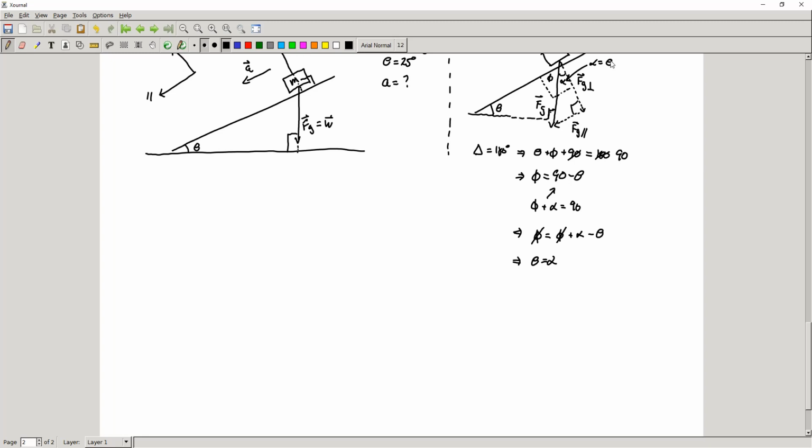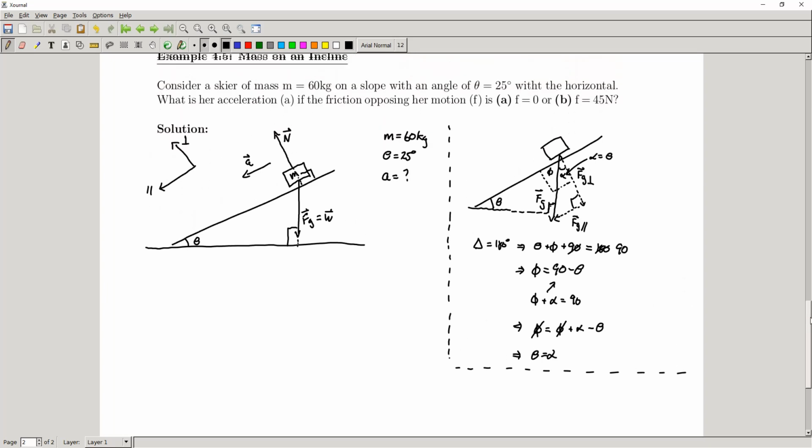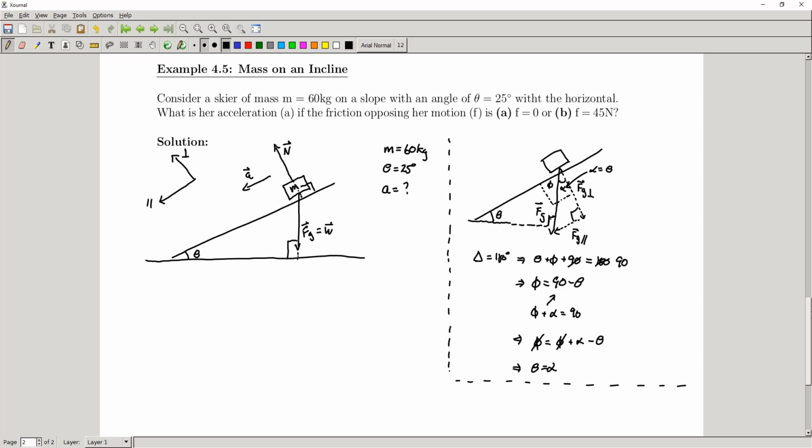Okay? And if we know that, then using all the tools that we developed before to break up vectors, we can break our force of gravity up into its, well, not horizontal and vertical here, but parallel and perpendicular components, right? And so let's take a look at that. Maybe I will draw it over here. So if we have a vector like this, and we call this our force of gravity, and then we have a vector here which we call FG perpendicular and FG parallel,